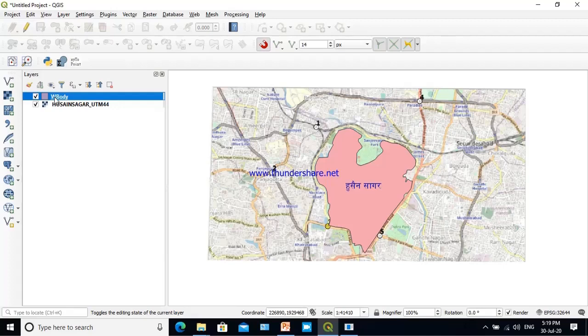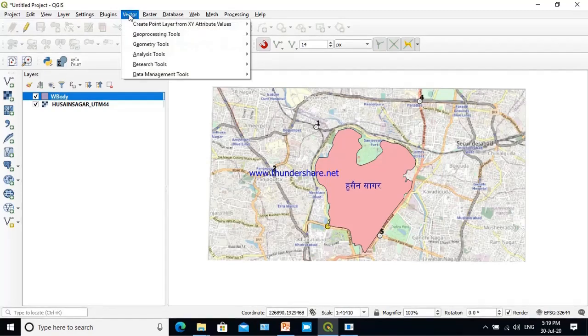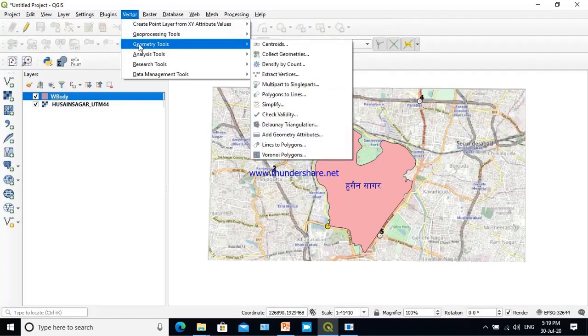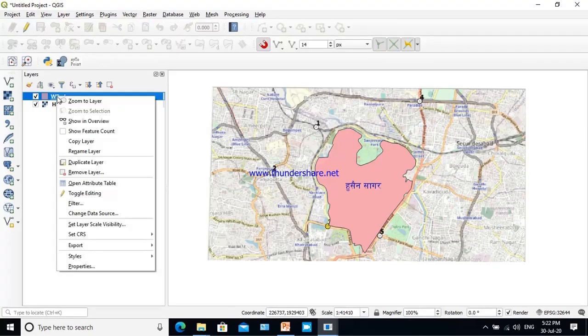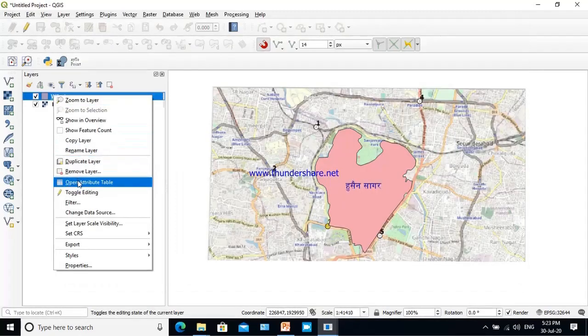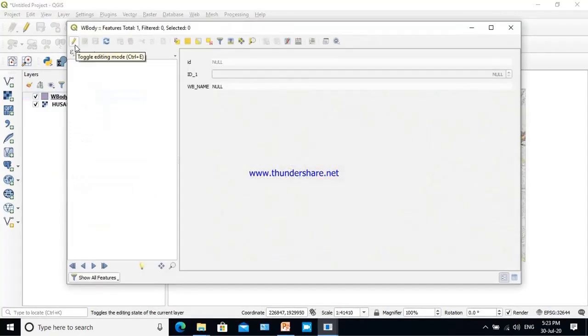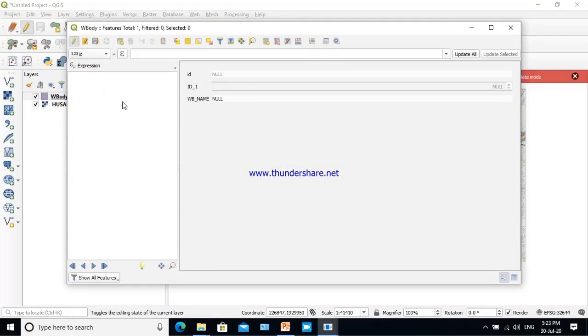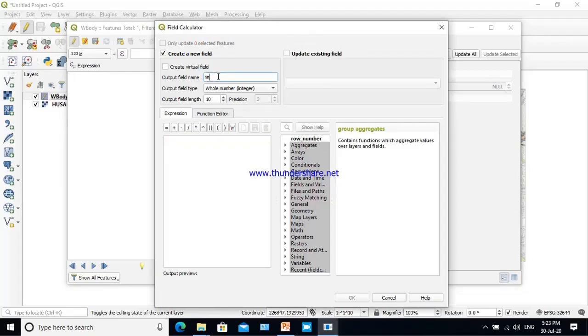So how to calculate the area for this layer? Go to vector geometry tool. If we go to its attribute table, make it editable, open field calculator, field name area, letters are Devanagari.